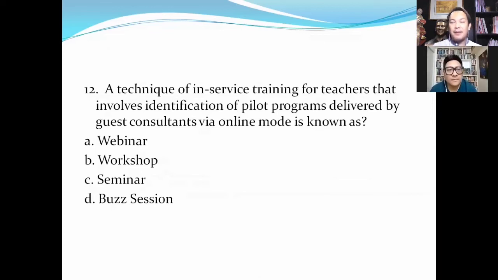So for example, ang theme is about hybrid modalities of learning. That's the theme. And there are 5 experts. And the first expert will talk about webinar development in the area of mathematics.